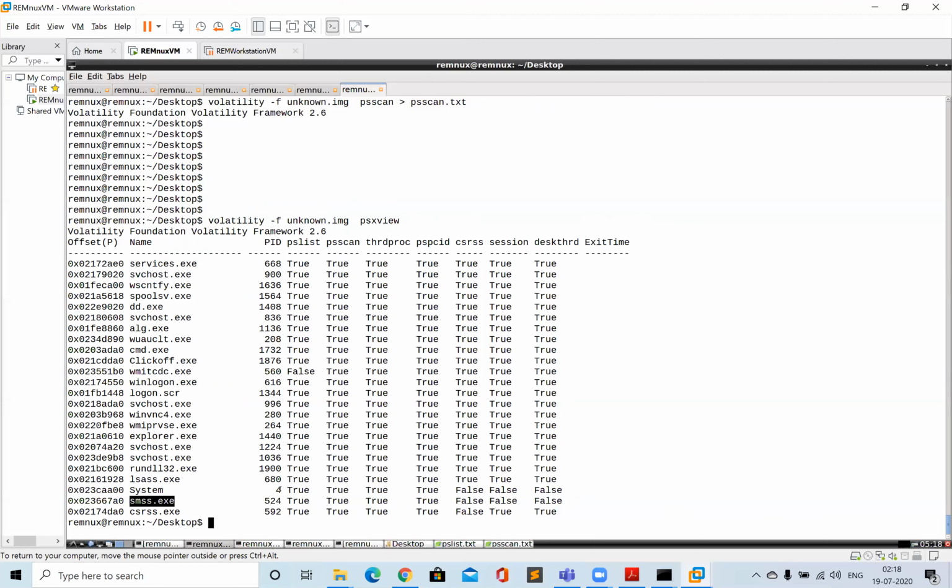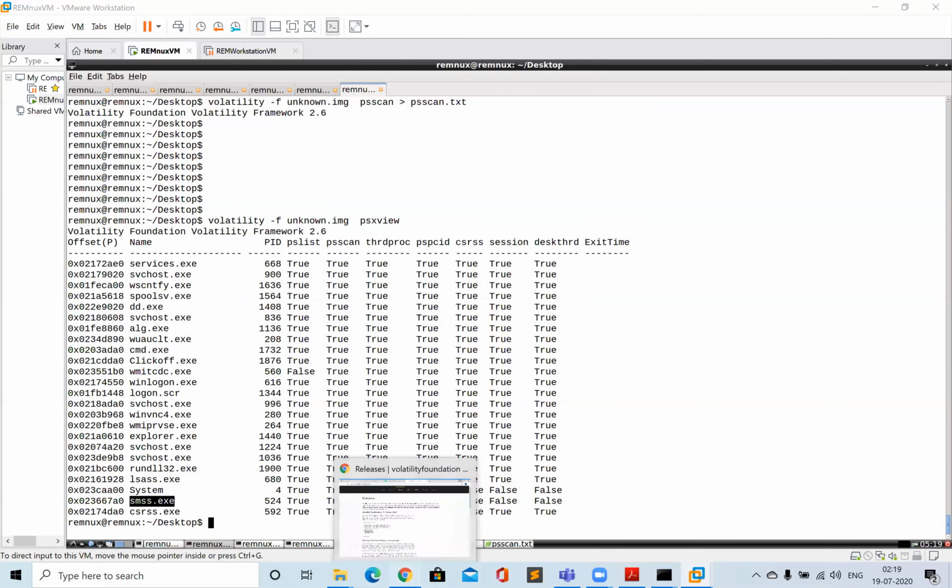When you do forensics, you will get to know that there will be only one process running with the name System, and the PID value will mostly be 4. There is no other process running with PID value 4 and with the same name. So you can tell normally that this is not a malicious process.